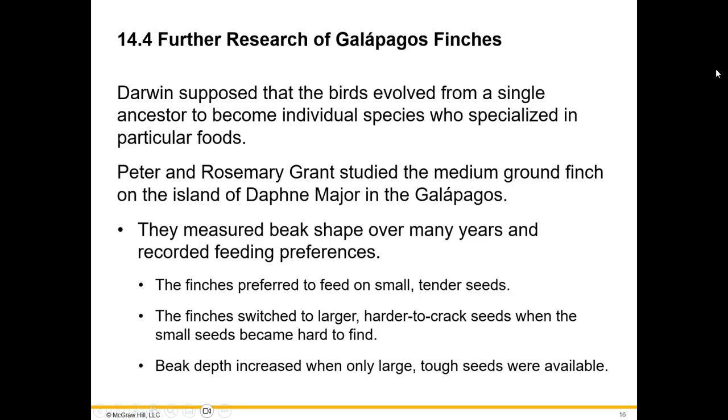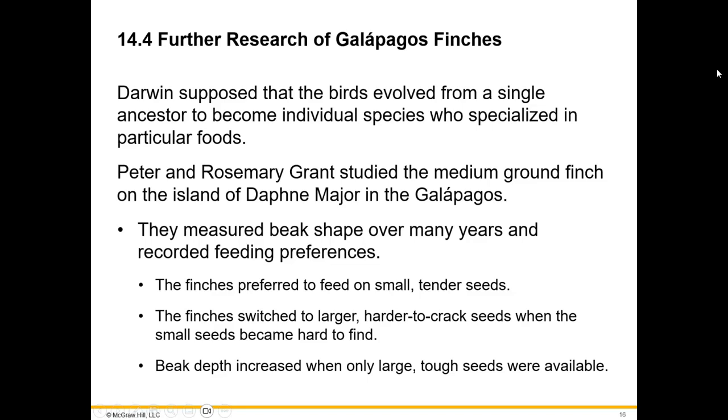Peter and Rosemary Grant also studied the medium ground finch on the island of Daphne Major in the Galapagos. I believe they started in the 80s, and they did it over a period of about 20 years. They would go there and spend the whole summer there and study these finches, continuing the work of Darwin. They found that the finches preferred to feed on small, tender seeds, which were readily available in wet years